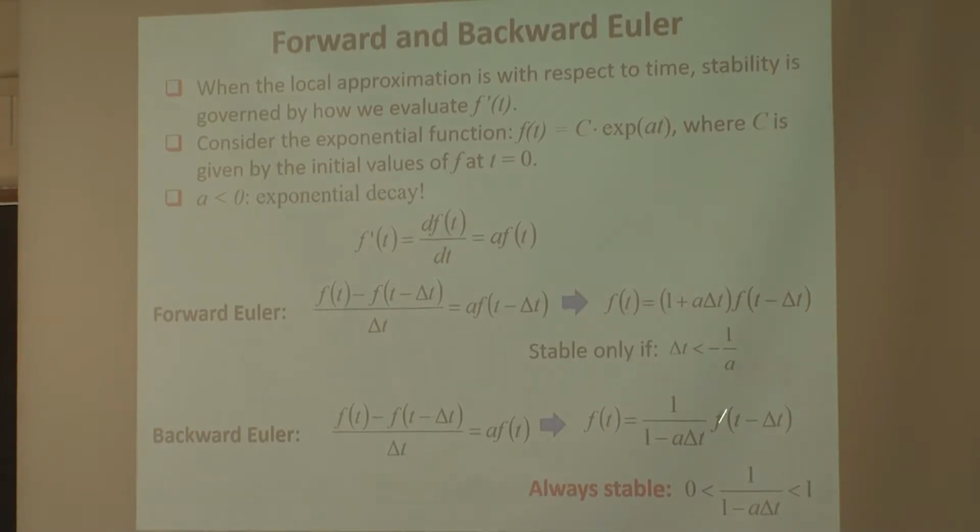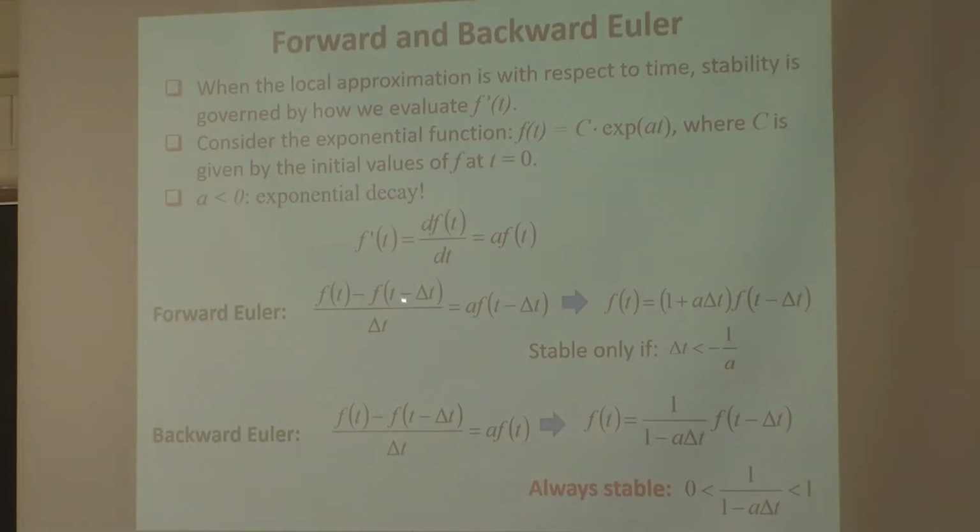You can see that very clearly. If this is not satisfied, this term is larger than 1. A geometric series with the ratio larger than 1 is increasing, not decreasing. Period. But for backward Euler, as long as a is less than 0, your delta t for sure is positive, so this is always less than 1. The choice of this delta t is the choice of h before. The same thing, I'm just looking at time. So delta t is my h. The smaller the delta t, the better the approximation.